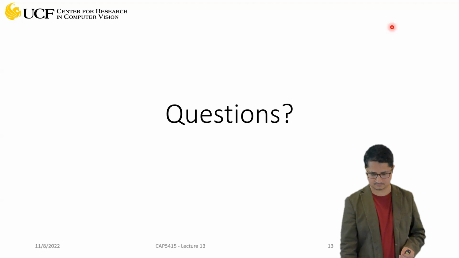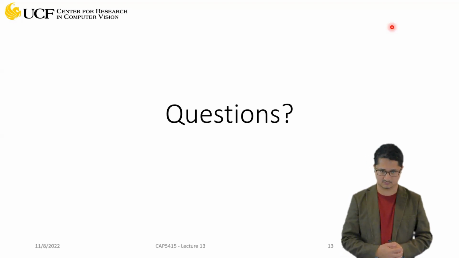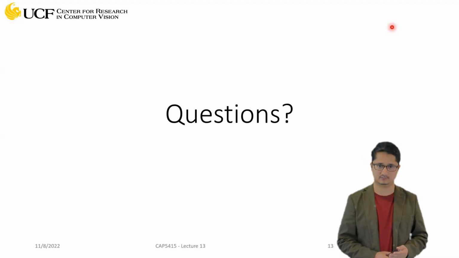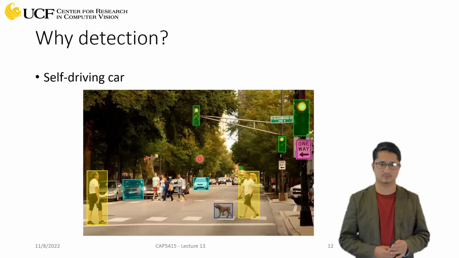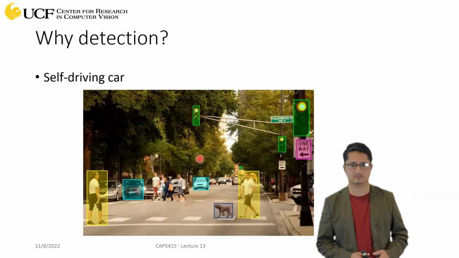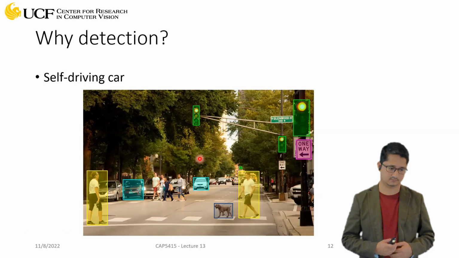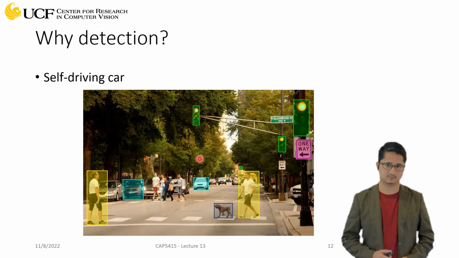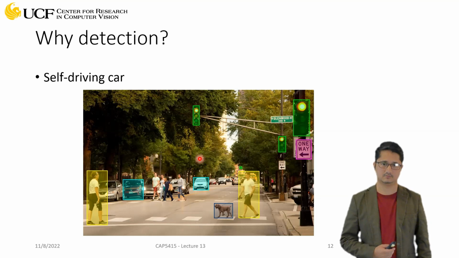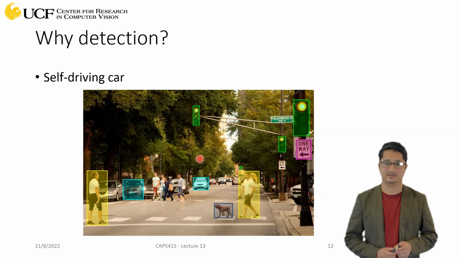Dr. Yogesh, yes, go ahead. You were just talking about self-driving cars, and I understand most of the part is about detection. But I was reading this for my course project. So the traffic signs and the traffic lights, that part should need recognition, right? Like the rest of the objects, it's fine if the system is detecting, but for the signs and for the lights, recognition is also important. That's what I was considering to work on.